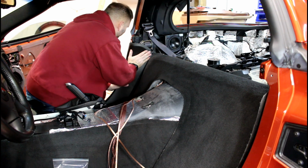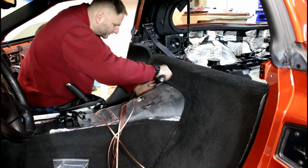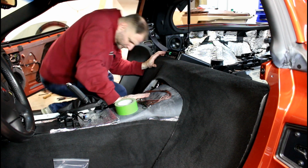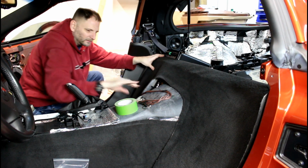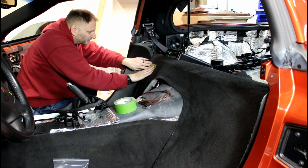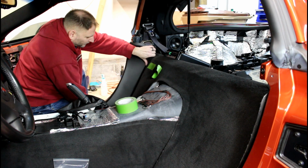Now, we'll put this trim panel back down. There we go. Now we're in there. That's good. All right, now it's almost time to deal with all this wiring. All right, to mount our amp, what I'm going to do is I'm going to mark this. I'm going to try to use some tape to come in to say what's the high point of the plywood. So I've got a high point in one corner. I'm going to get a low point, and the diagonal corner down here,